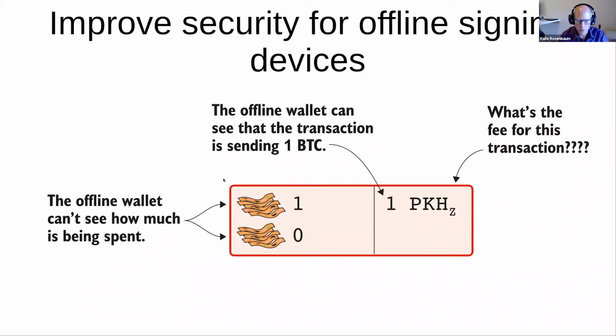So suppose that you have a very common setup in Bitcoin: an online wallet and an air-gapped wallet or a hardware device. The online wallet doesn't have any private keys. It just has this XPub, this extended public key, so that you can generate addresses on your online device, and you can monitor your balance